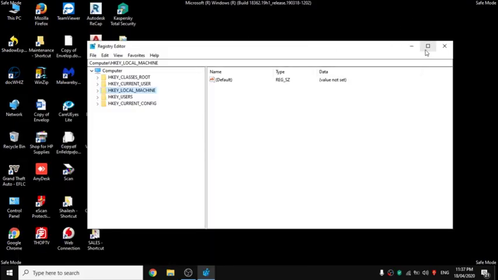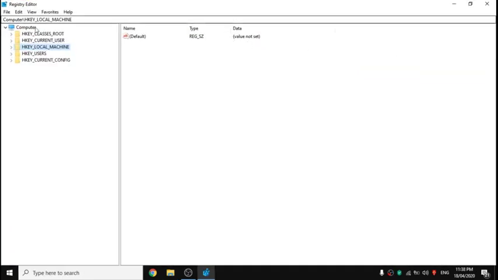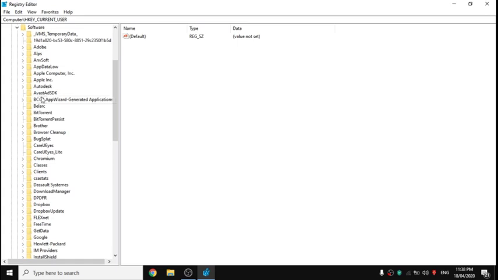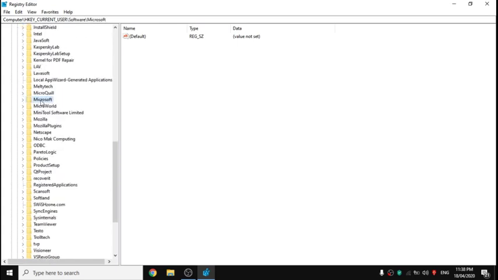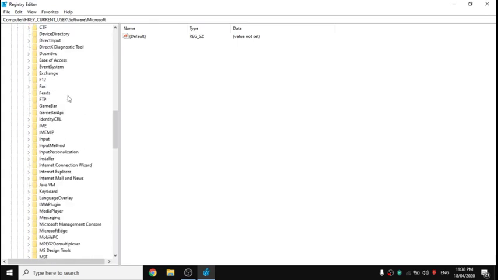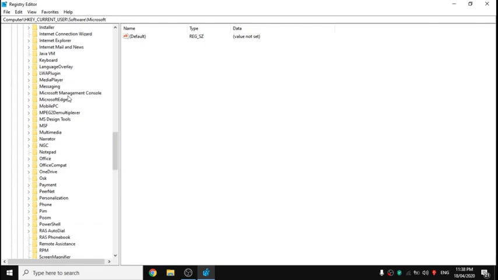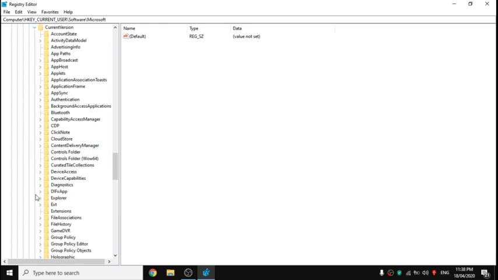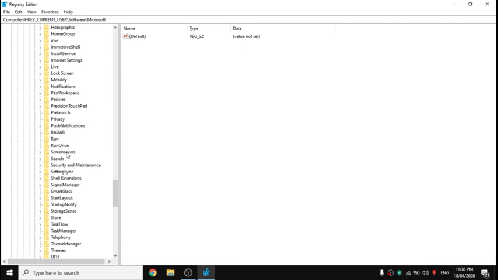We can maximize this. First we have to go to HKEY_CURRENT_USER, then Software, Microsoft, Windows, CurrentVersion. In CurrentVersion we have to look for Run and RunOnce.